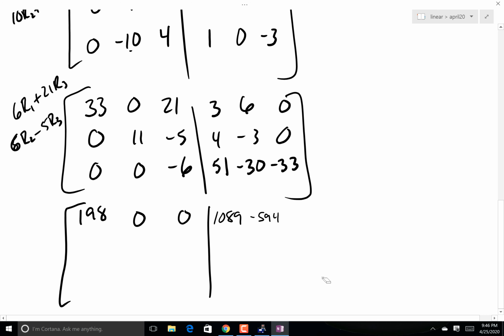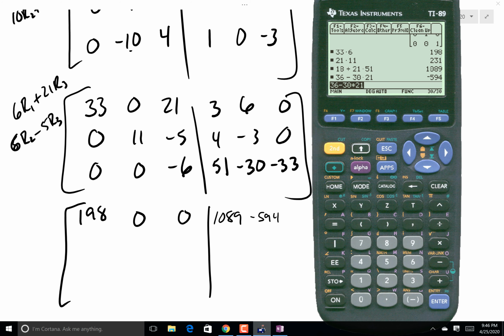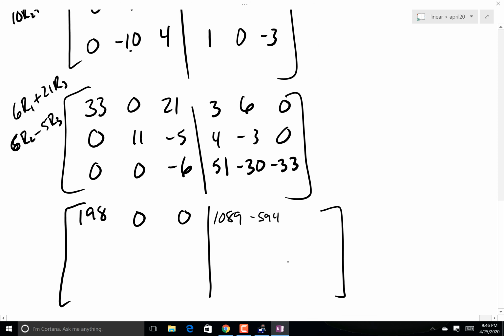Makes my bracket a little bigger, I guess. And then it's going to be 21 times 33, negative 693. Middle row, oh, the bottom row doesn't change. Cool. And then middle row there, I already did it, so it's going to be